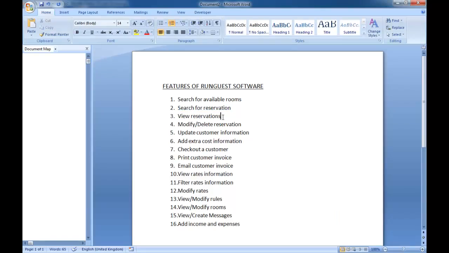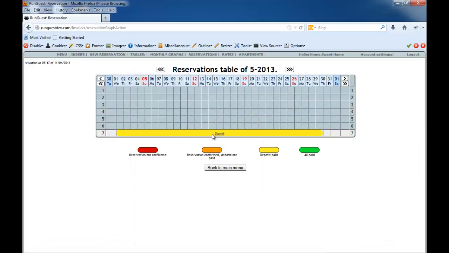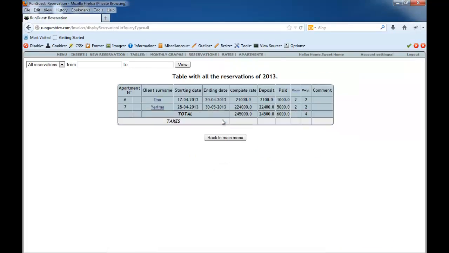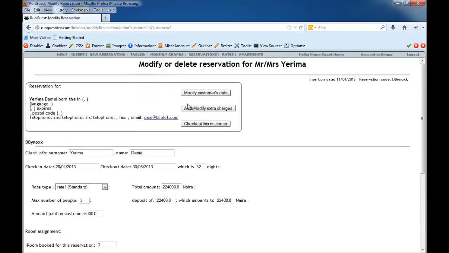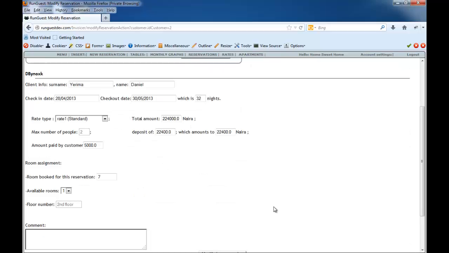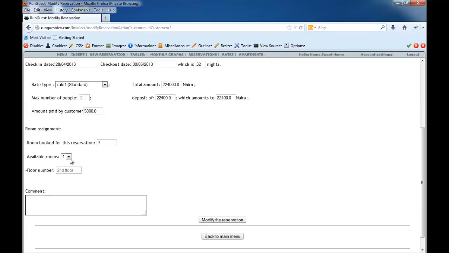So we've got that, view reservation. We can now look at modify reservation number 4. Modify reservation is not difficult. All we need to do, if we want to modify any reservation, either we do it from here, click on any of the names to take us to the modify or delete reservation page. So here we can change, for instance,